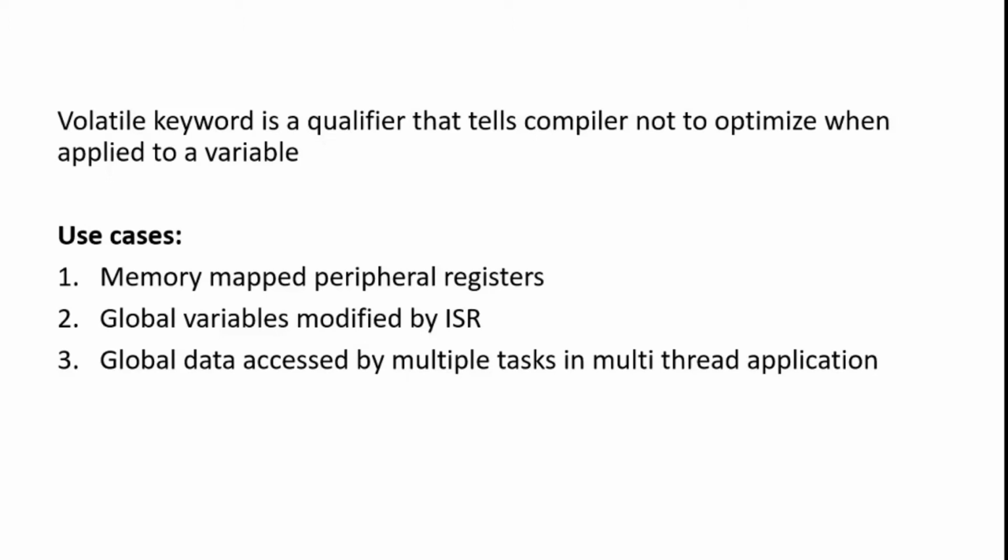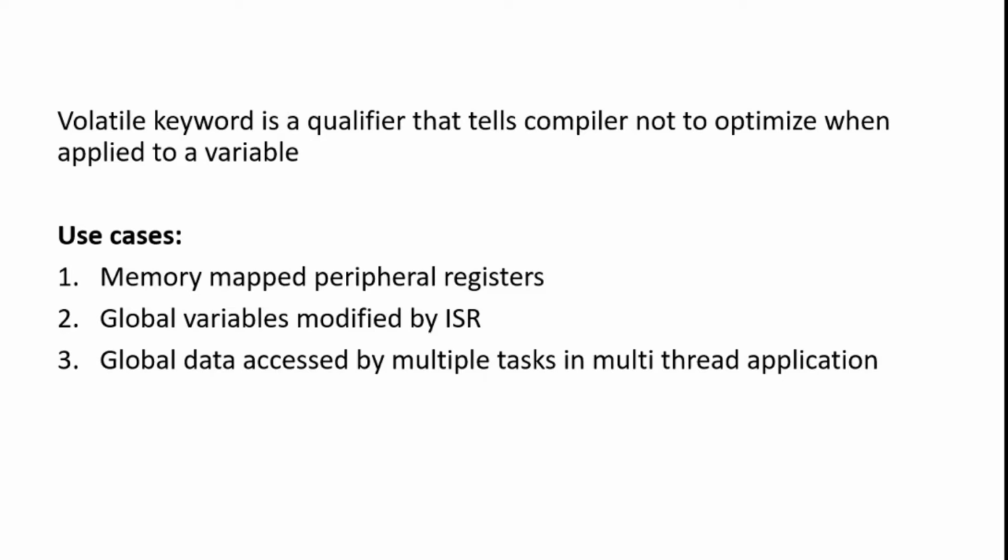As the name itself explains, volatile is something that changes very frequently. So in embedded C, if the volatile keyword is applied to a variable, it tells the compiler that the variable should not be optimized. Even if optimization is enabled, that variable will not be optimized by the compiler. Sometimes you may have seen issues that a variable is changed from an ISR, but it is not updated in the main flow of the code,